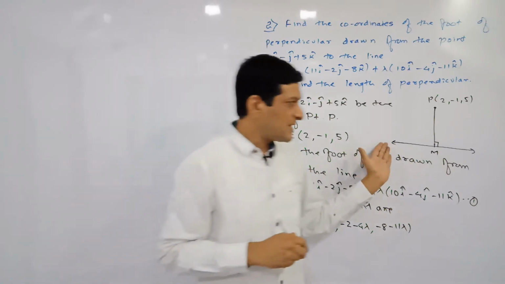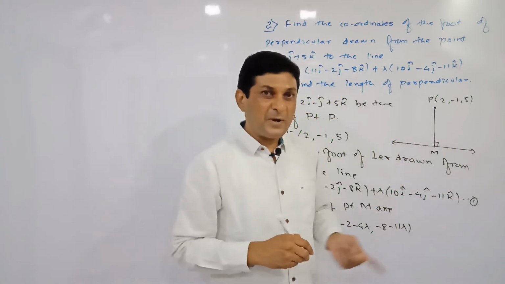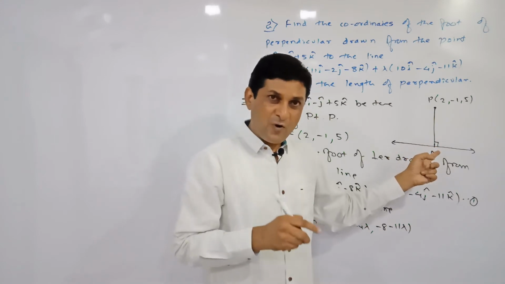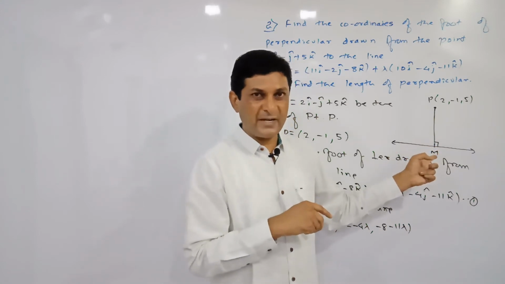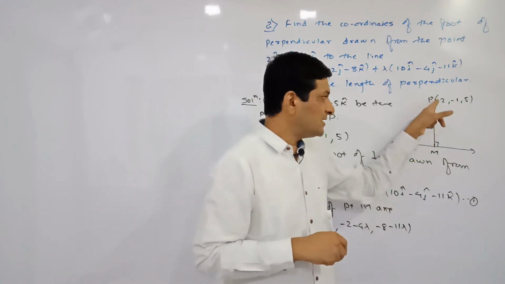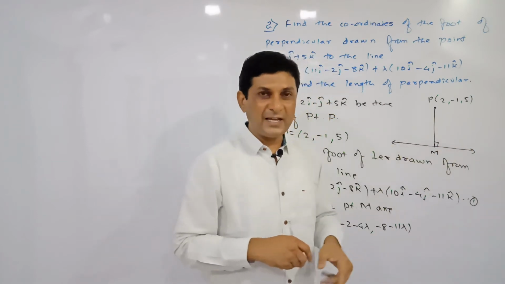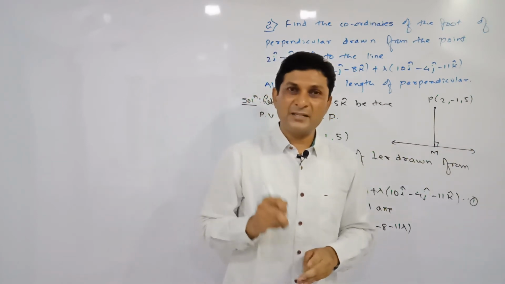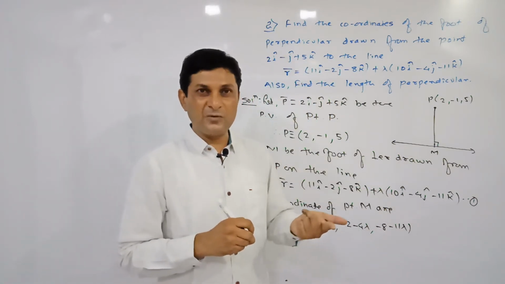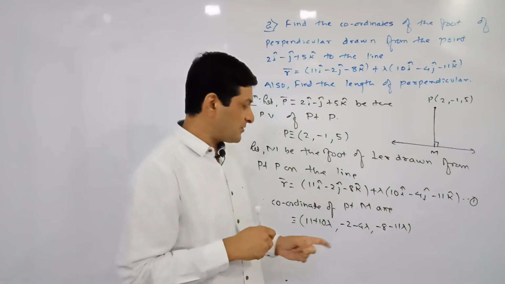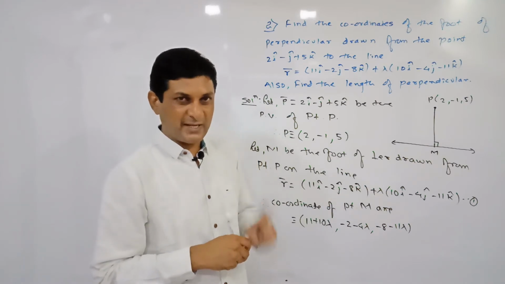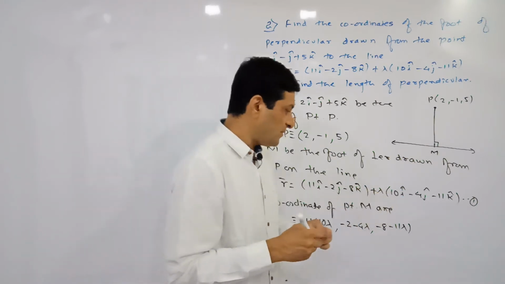Now infinite points are there on this line, but how many feet of perpendicular are there from this point P on this line? Only one. And for this foot of perpendicular, we have to find the value of lambda. Here, if you observe which condition is satisfied, this line PM is perpendicular to the given line, and we know that if two lines are perpendicular, then their direction ratios satisfy the condition a1 a2 plus b1 b2 plus c1 c2 is equal to 0. Using that condition, we are trying to find the value of lambda. But to apply that condition, we require the direction ratios of both lines. So first let us find the direction ratios of the first line.